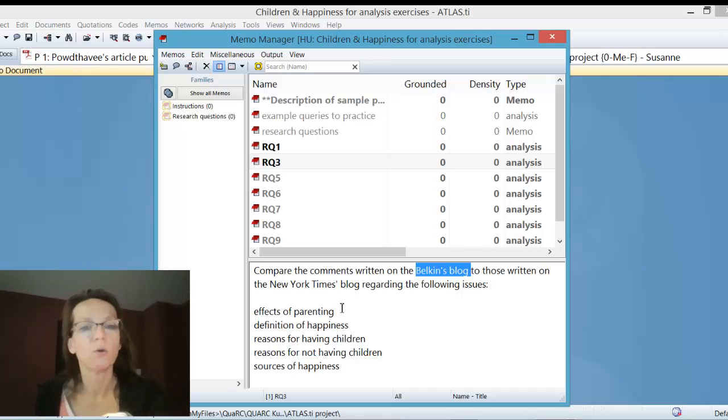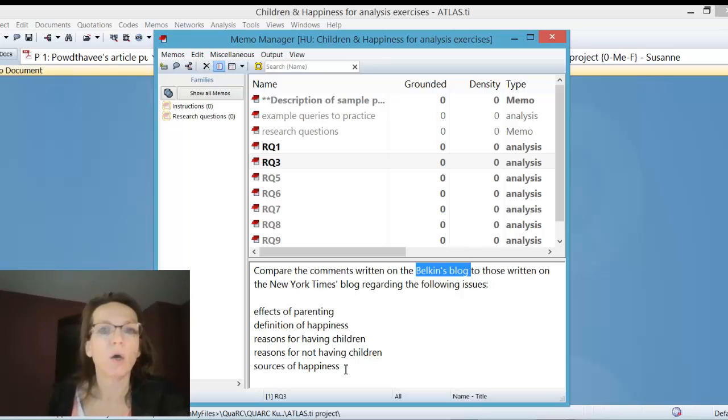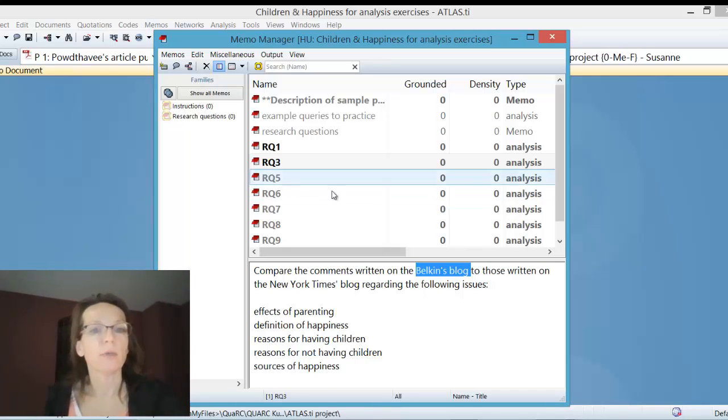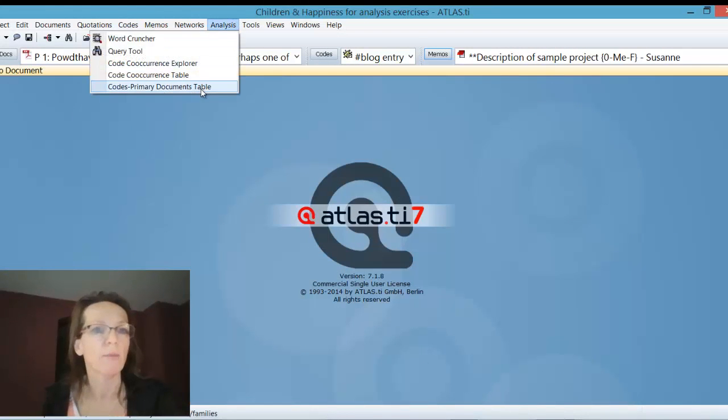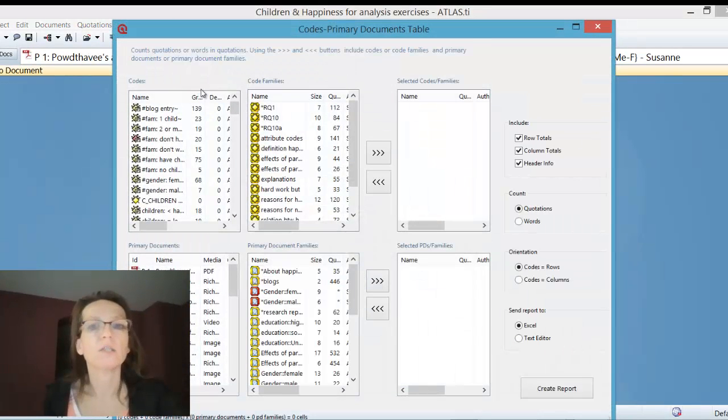So I'm not looking through all of these issues, but some of them, and then you can click the other ones on your own. So we are comparing basically two documents, but you could also compare two document groups, and this is what I'm going to take up in research question 5, where we work with document families comparing males and females. So this is all what you can do with the code-primary document table if you want to make cross-case comparison. So if I open up the table now,